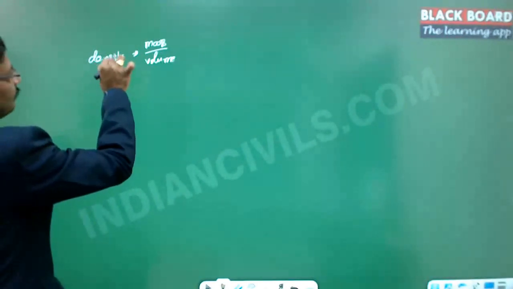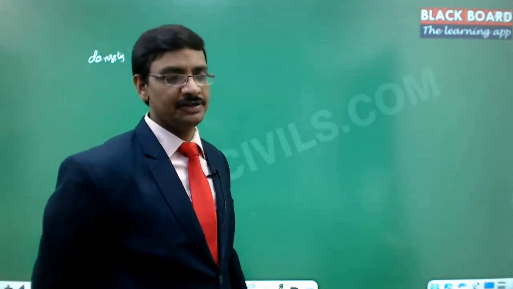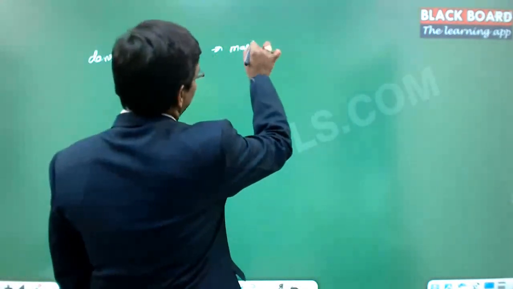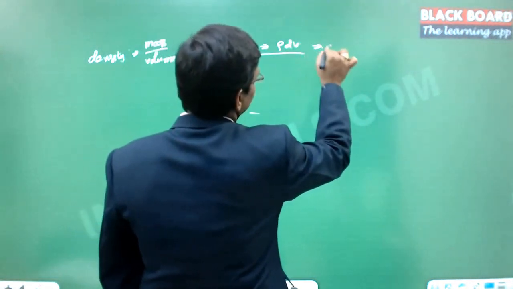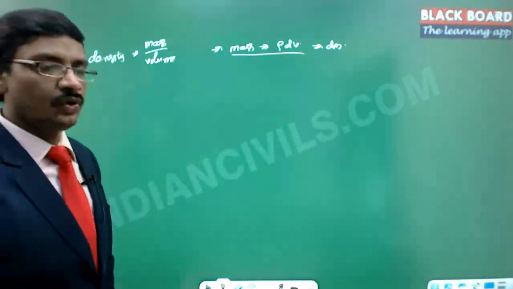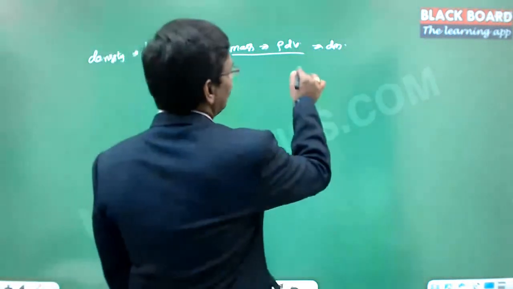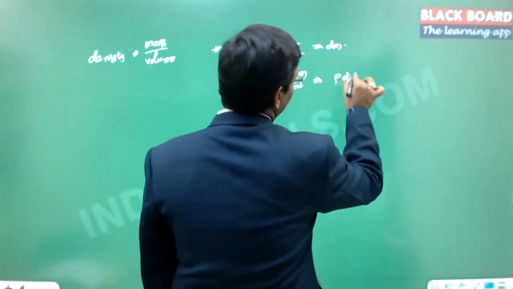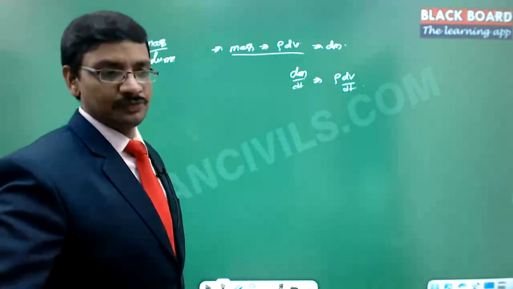Now depending upon the position, if the density is dependent on position, that means if it is a heterogeneous fluid, then mass can be expressed as rho into dV. This is dm, the mass of the fluid that is exiting out. So rho also you need to consider. And then the rate, dm by dt, is going to be rho into dV by dt. Rho into dV by dt is the rate of mass.